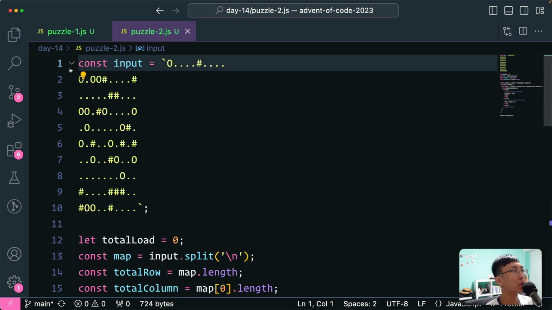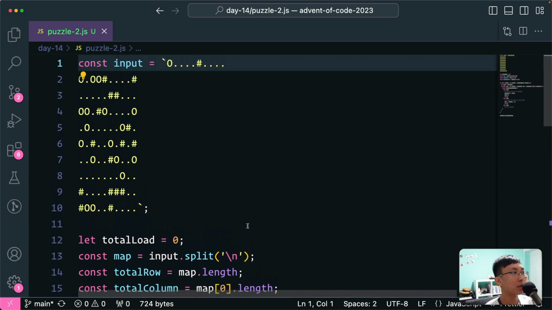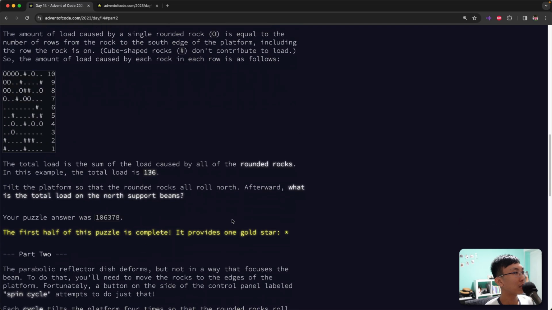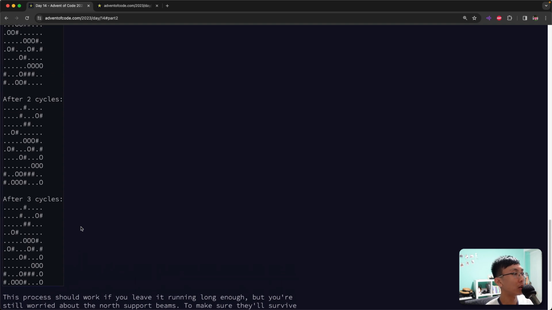Alright, so these are the inputs, and now we are going to do up, left, down, right, and that is 1 cycle, and we're going to keep doing that cycle 1 billion times. And as you would have guessed, it's probably not going to do 1 billion cycles, because if you keep doing 1 billion cycles, it would